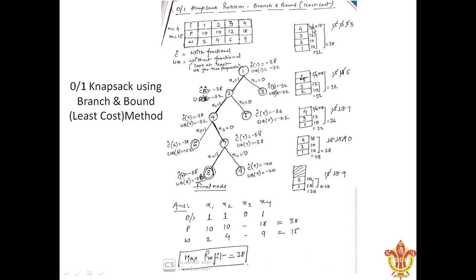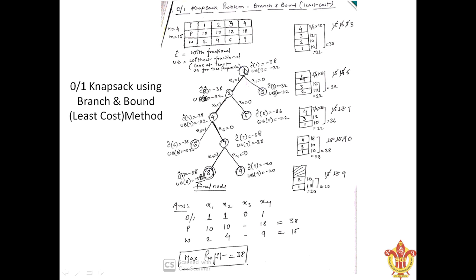So do the calculations. 3 by 9 multiplied by 18: 9 2s are 18, 3 2s are 6, so 32 plus 6 is going to give you 38 itself. 38 is the cost of this node, while we are including all the nodes. So minus 38 is the cost of this node, and upper bound is minus 32. It is how we are going to calculate. Hope you have understood this calculation itself.